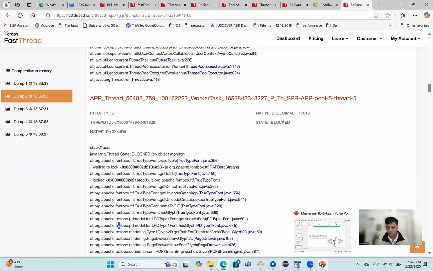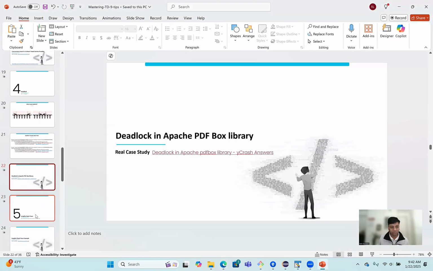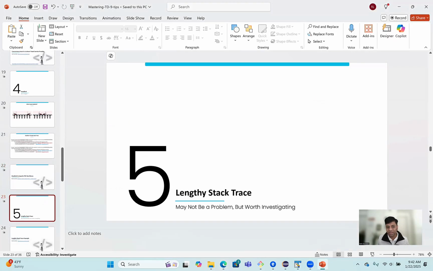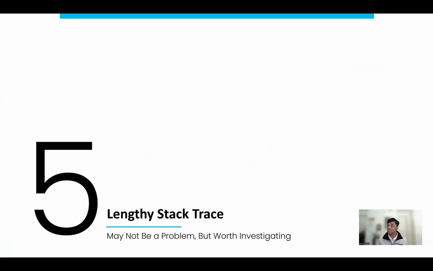Okay. So now I'm moving along. Friends, the next pattern we want to be looking at in your thread dump analysis: look for threads which have a lengthy stack trace. If a thread has a very large stack trace, like 700, 800 lines, that means you need to start investigating, because a lengthy stack trace indicates that this thread is either going in a loop,